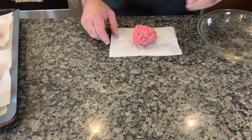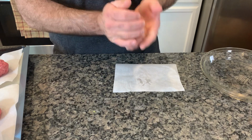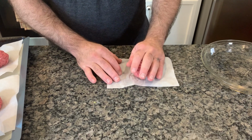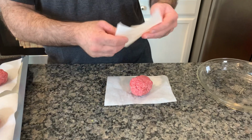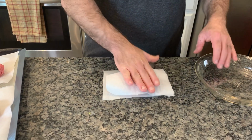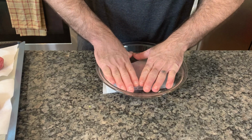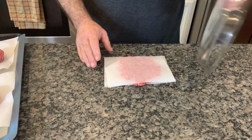Okay, so what I have here is a 1/4 ounce piece of ground beef. I use 80/20 chuck. I'm going to take 2 pieces of parchment paper. I'll use the same one on top for all of them. Put that on parchment, put parchment on top, press it down with the pie pan. You want it thin, thin, thin,